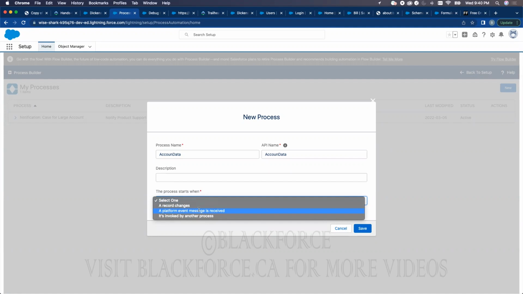Remember, criteria is very important as a developer. Think about it. How should this process work? How would you like to trigger the process? This is when the record changes. A platform event, if you are communicating with an external system, and is invoked by another process, if you have two processes and you want this process to be invoked as a result of an existing process, then you can